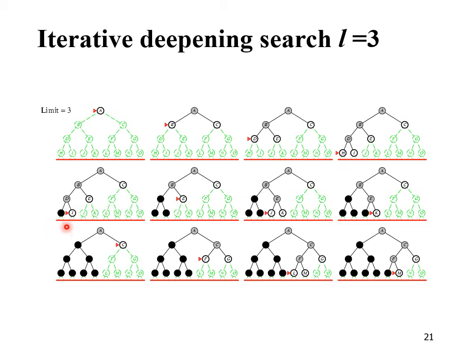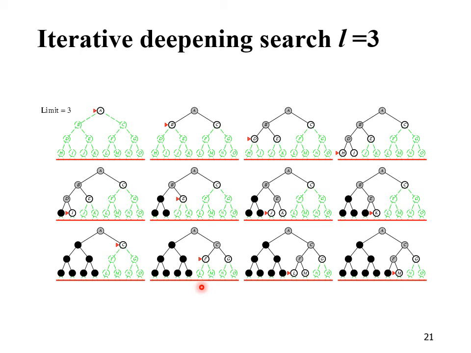If H is not a goal node, then you explore I, then backtrack and explore E and its successors J and K. If J and K are not the goal state, then you backtrack again and go to C and explore its successors F and G, and F will be on the top of the stack. So first of all, you explore the successors of F, which are L and M.